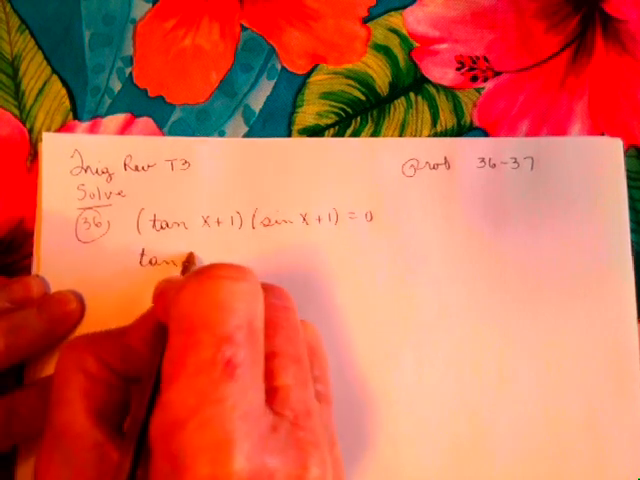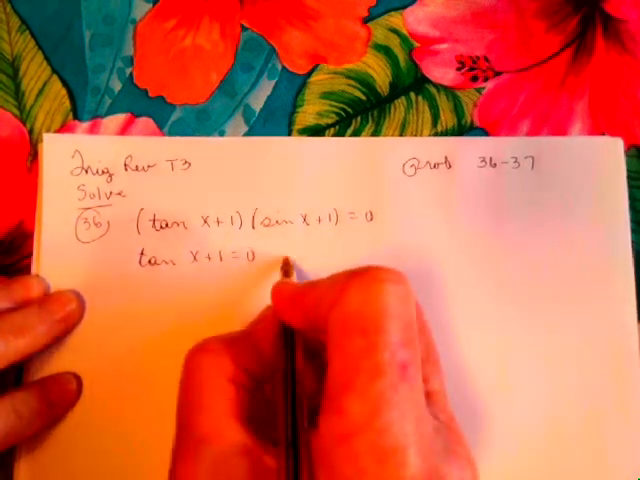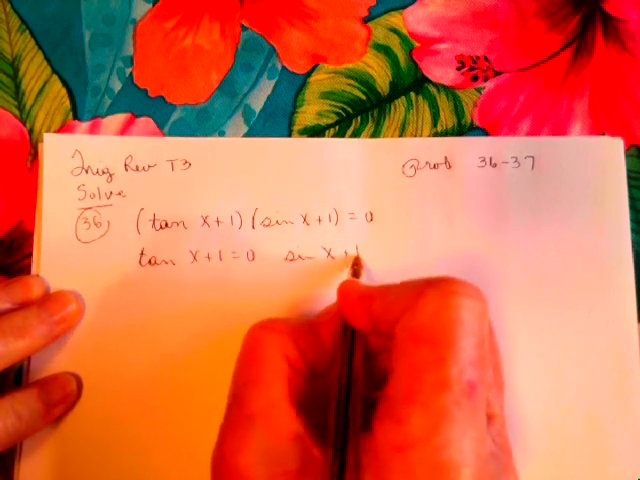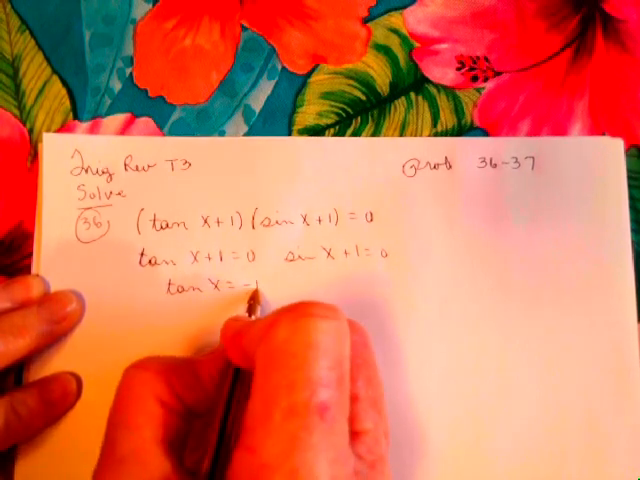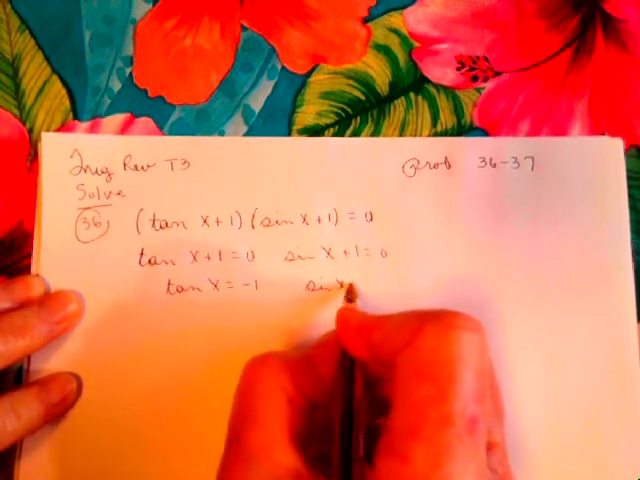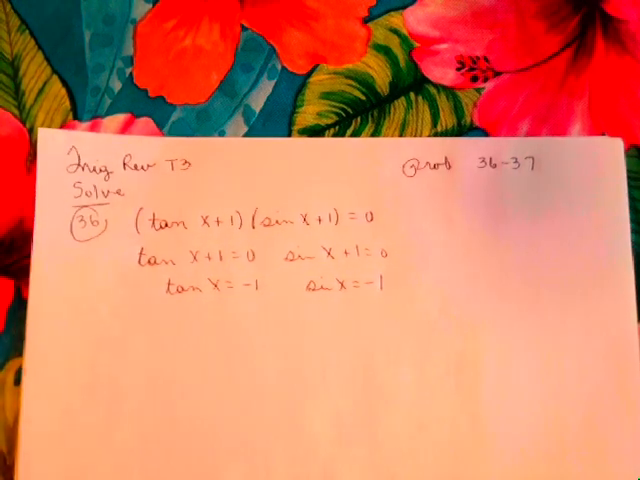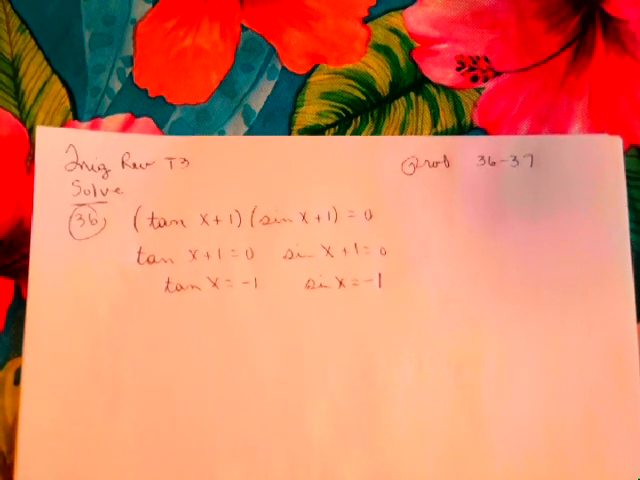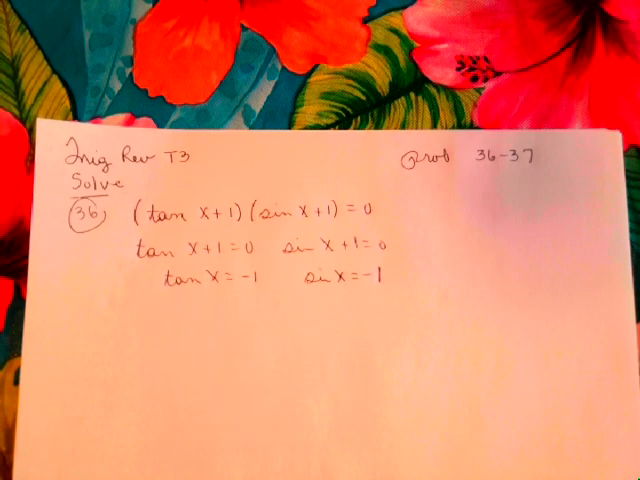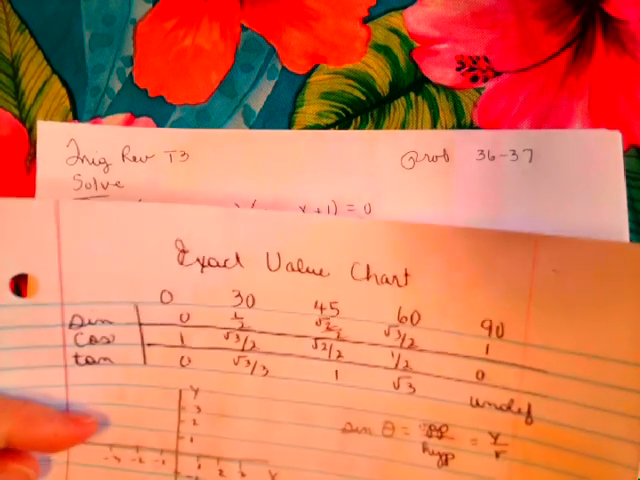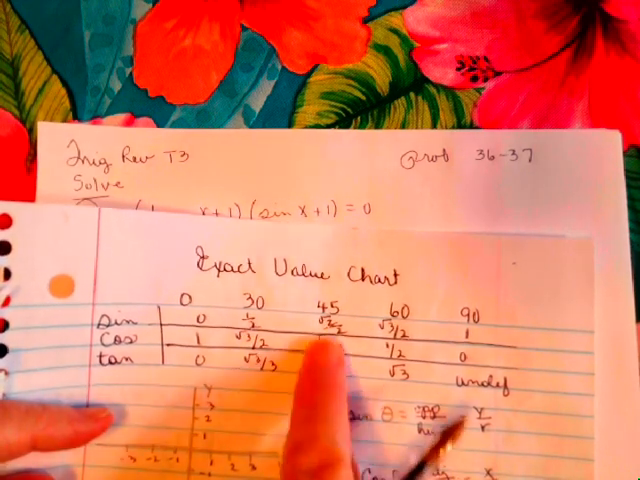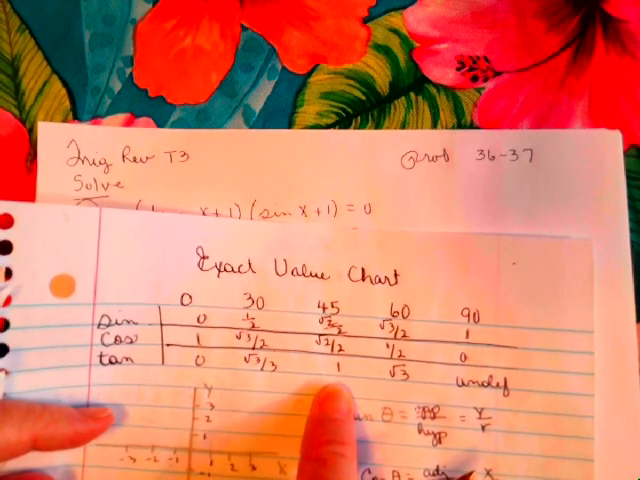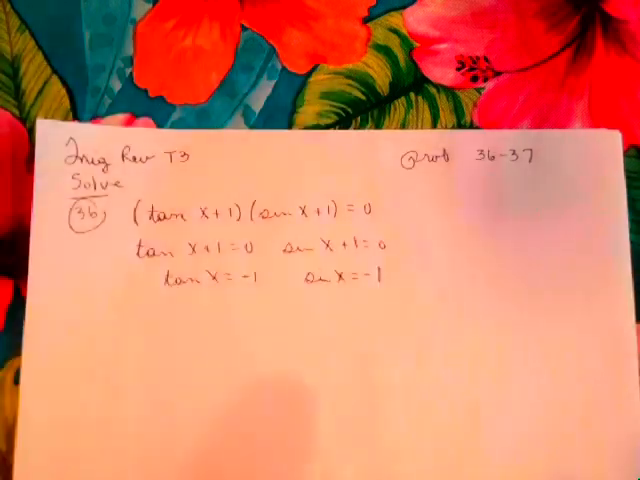If tangent of x plus 1 equals 0 and sine of x plus 1 equals 0, you know that tangent of x equals negative 1 and sine of x equals negative 1. You may have to think just a little bit on this one. Anytime it's tangent, I kind of like my unit circle, my exact value chart. You know, tangent is 1 at 45 degrees. It's going to be negative 1 in those quadrants where sine and cosine have opposite signs